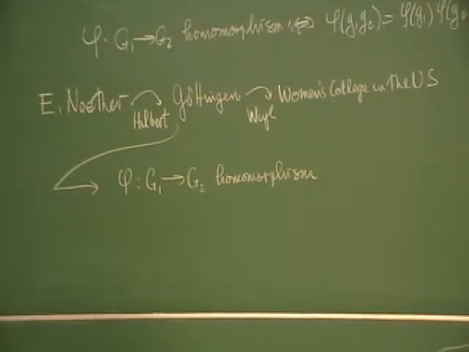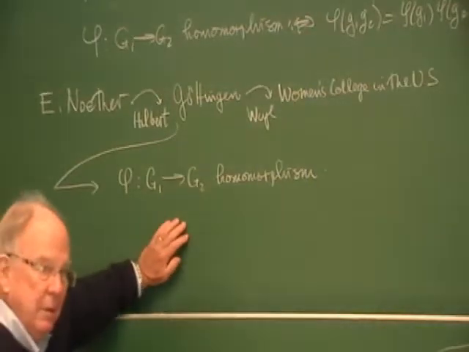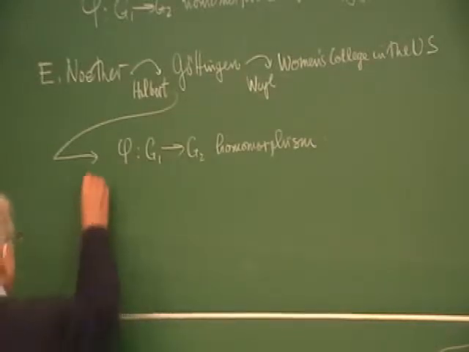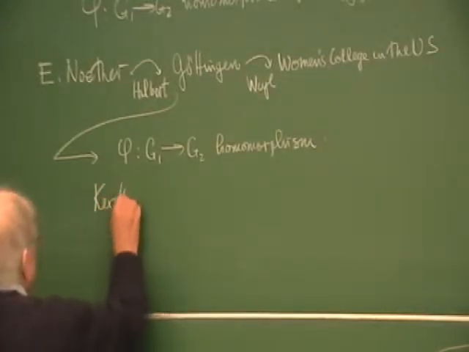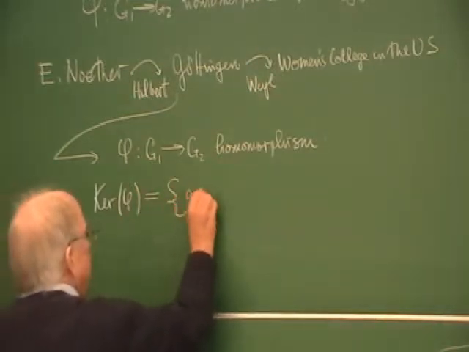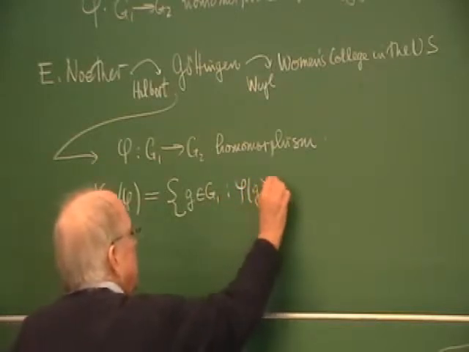My motivation here is the exponential mapping. It is called the E function for Euler. Euler existed, I don't know how many years before Emmy Noether, and she was thinking about it being a homomorphism abstractly. Okay? Homomorphism of groups. Then she writes down on the blackboard, and maybe this is not the first time, the kernel of this homomorphism. These are the set of G in G1 so that phi of G is equal to the identity